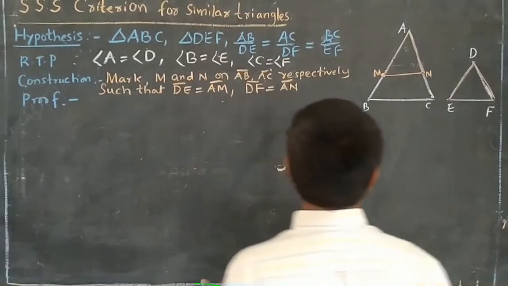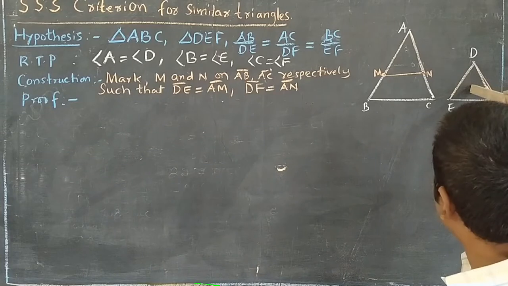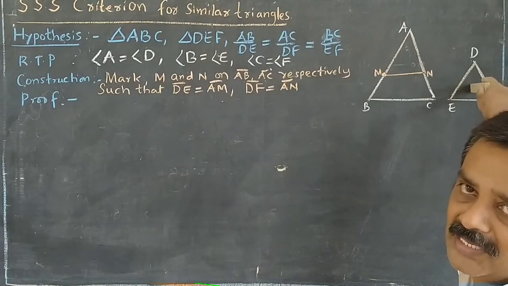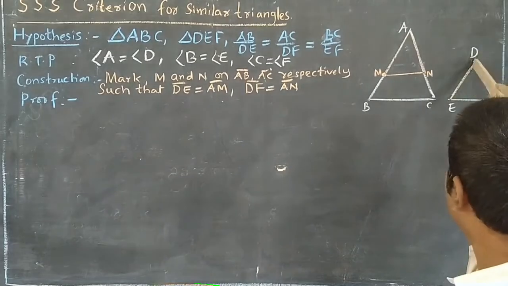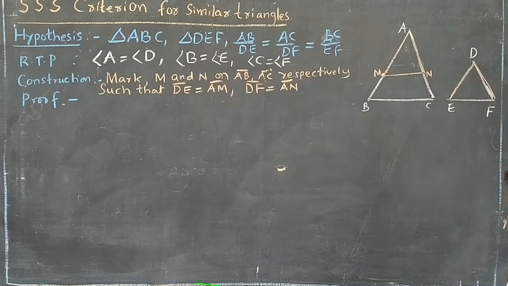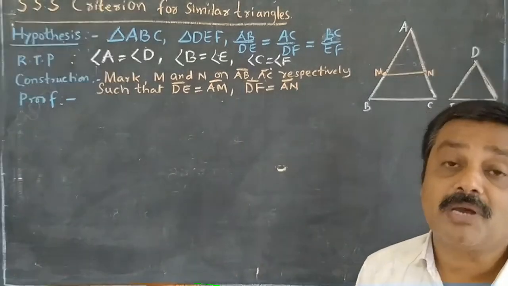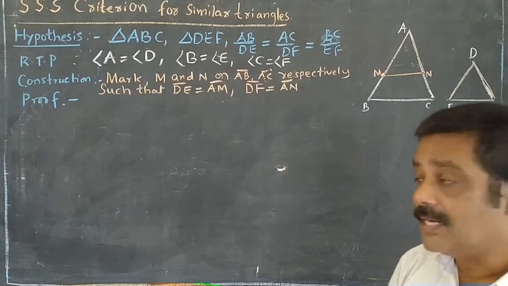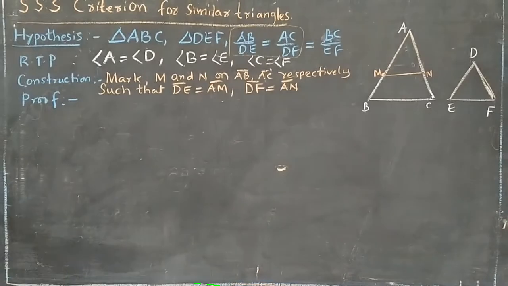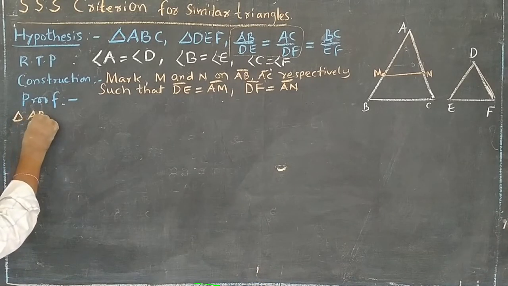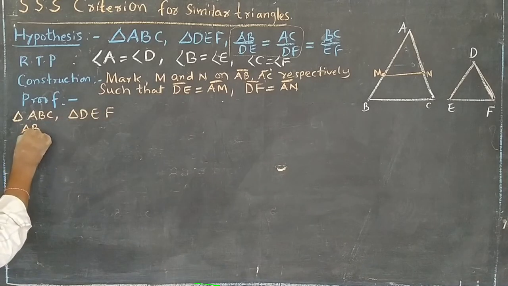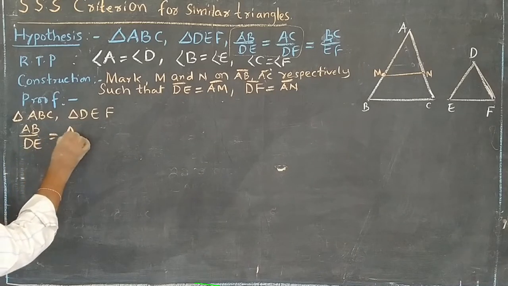In the earlier AA similarity criterion, we showed these two triangles are congruent because there we had a supporting axiom, that is the SAS axiom. But here side is equal to side, but we don't know whether this angle is equal to that angle, so we are unable to get the two triangles congruent because there is no supporting axiom now. That's why, just take these two sides. What is given, you take itself.